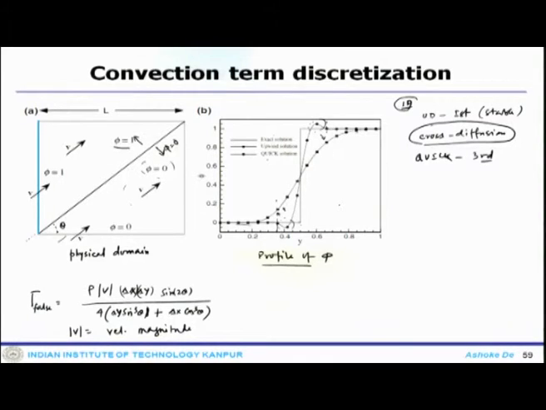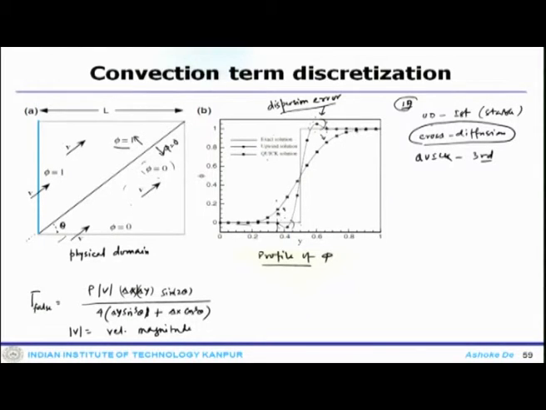So, when there is a gradient, this scheme actually shows some sort of wriggling or oscillations, overshoot or undershoot, whatever. So, this is the error one can think about, the dispersion error. Now, this dispersion error is what causes this local maxima or minima in the solution, and this is one of the characteristics of the higher order resolution scheme.